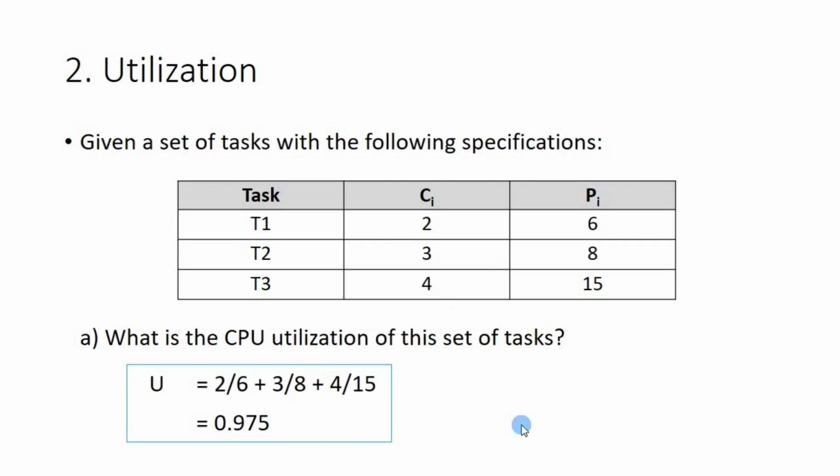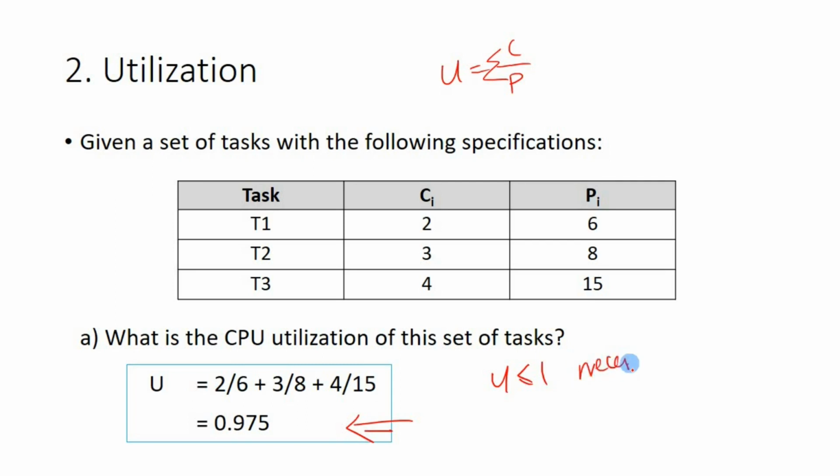In this second question, we are talking about utilization. The formula for utilization is from our lecture notes, and it says that U is C over P, the computation time divided by the period. We need to sum it up across all the tasks that we have. For this task set, we are given the utilization as 0.975, and U must be less than or equal to 1, which is a